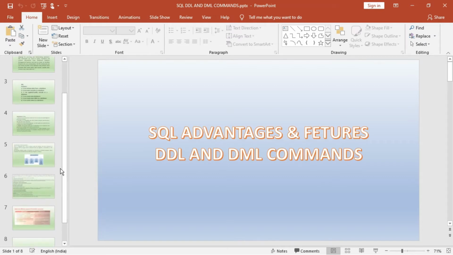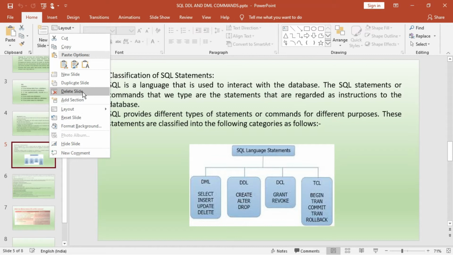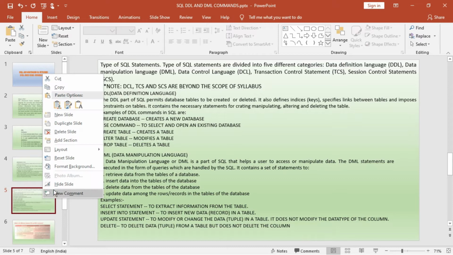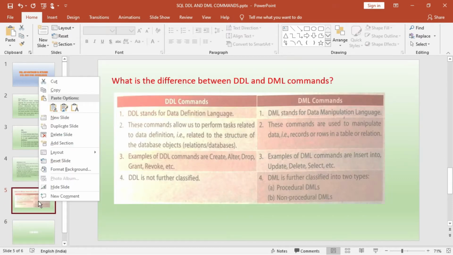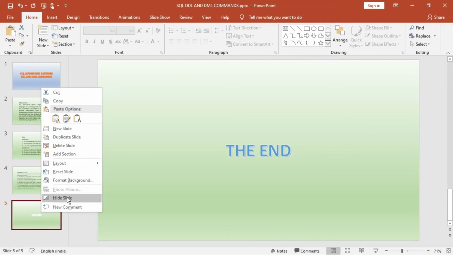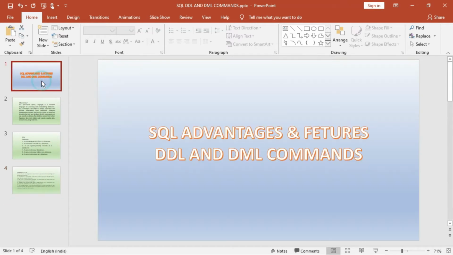We will not apply the transition on each and every slide, so we will remove some slides by doing delete slide, and keep four or five slides. So I'm doing it, and you can learn how to delete a slide at the same time. This one we will also delete. So now these four are there, onto which we will apply the transition.